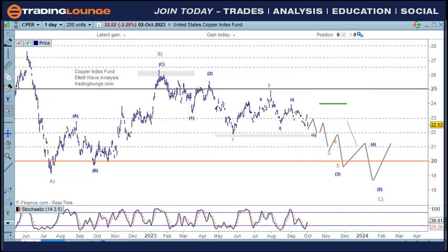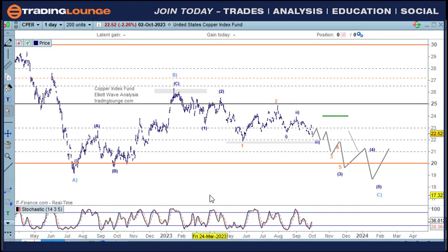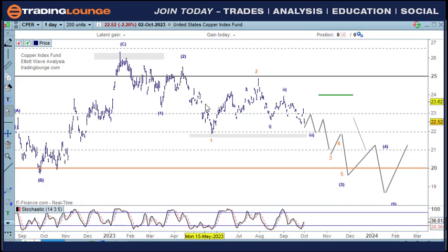But the other picture for this is the same pattern, it's just the copper index fund. So here we have the same thing, the A wave, the B wave, but in this case we look at this as 1 and 2 and 1 and 2 here, and then moving down. Yesterday it popped up a little bit high here, and I thought to myself, where did that come from? But anyway, it's okay-ish. So this is probably 1 and 2 and 1 and 2 here. We're expecting it to retest. I just wasn't expecting it to go that high, but I can see what's going on a little bit.